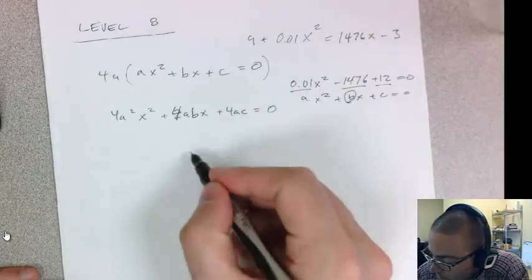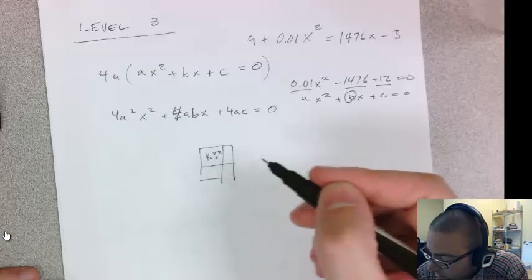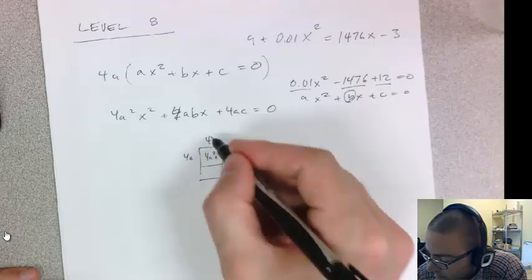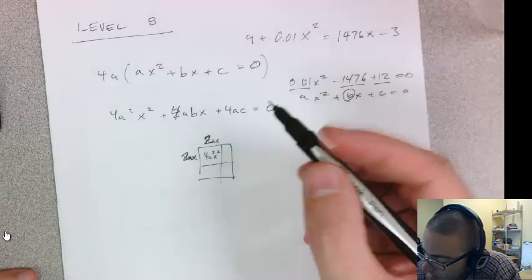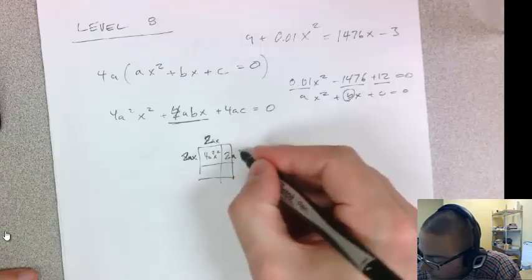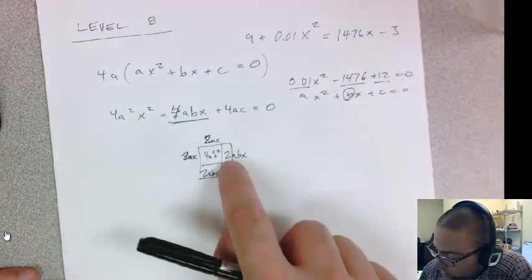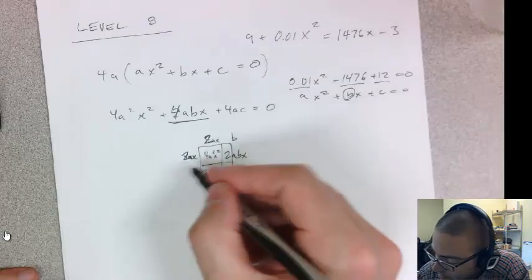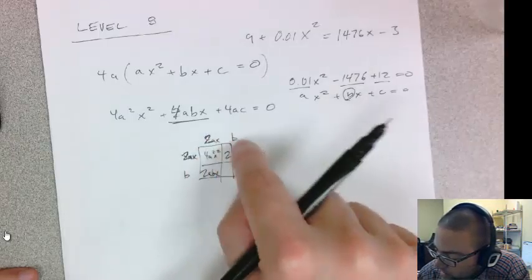Okay, so now I can break this up into a square. So I say that this is going to be 4a squared x squared, and then what times itself is 4a squared x squared is 2ax. 2ax times 2ax would be 4a squared x squared. And then I'm going to split this in half, right? So half of 4abx would be 2abx and 2abx. Okay, so 2ax times what gives me 2abx? Well, all I'm missing there is a b, so that means I need to multiply this by a b, and that's also this by a b, right? So 2ax times b is 2abx. So this perfect square is 2ax plus b,